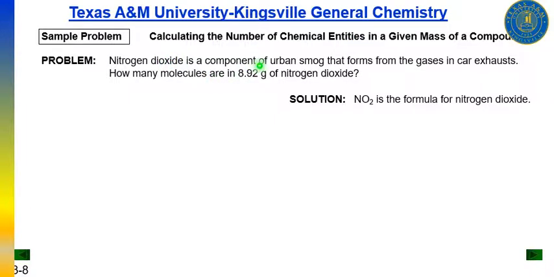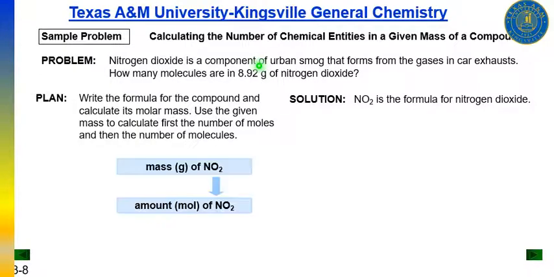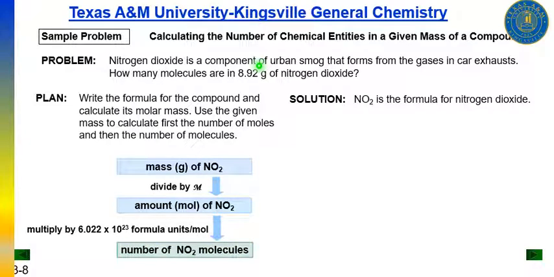Nitrogen dioxide is a major component of urban photochemical smog that forms in the atmosphere when you drive your car to school and the car exhaust releases nitrogen dioxide. My question is, how many molecules of nitrogen dioxide are there in 8.92 grams of